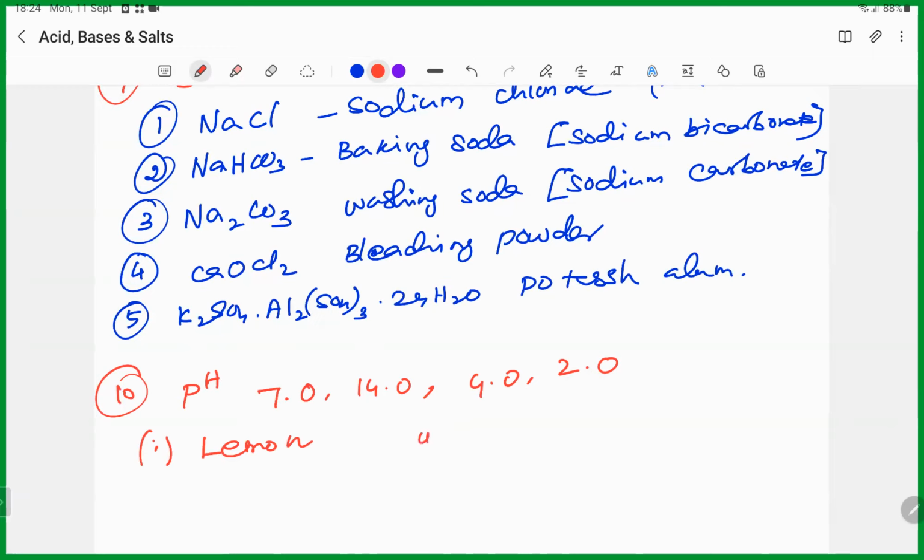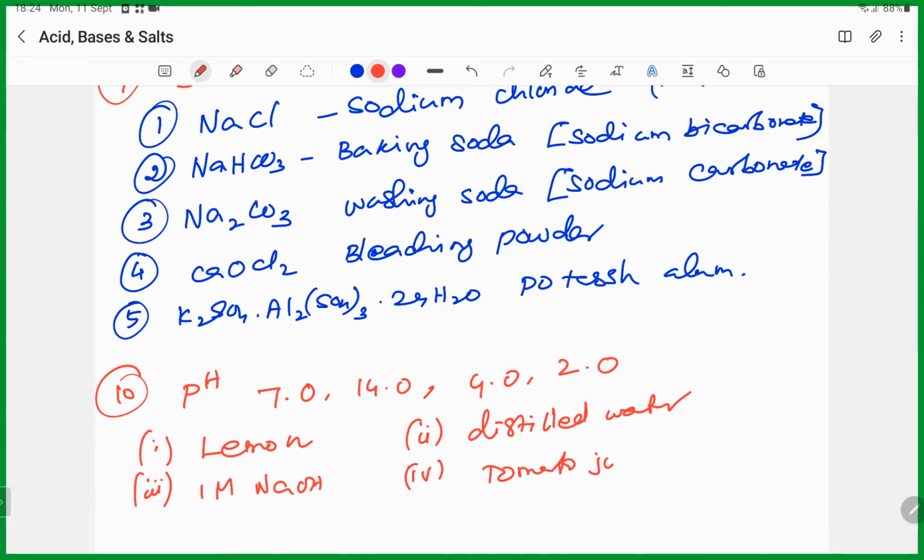Number 2, distilled water. Number 3, 1 molar sodium hydroxide. Number 4, tomato juice. எதுக்கு என்ன வேல்யூ? Lemon is